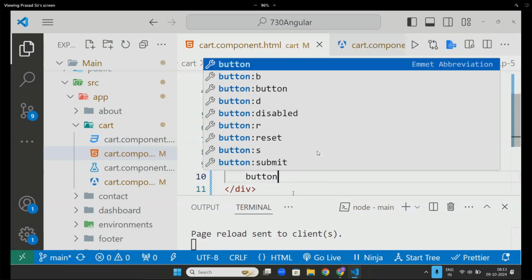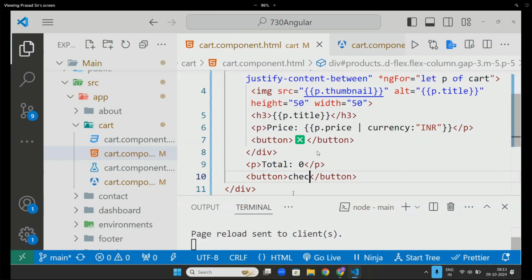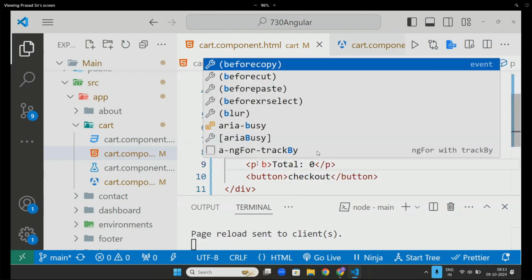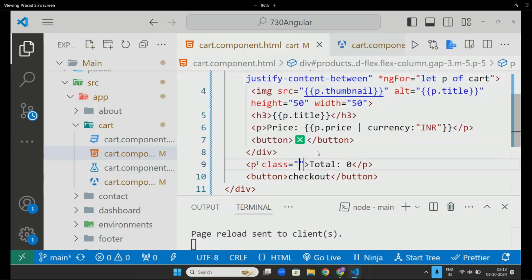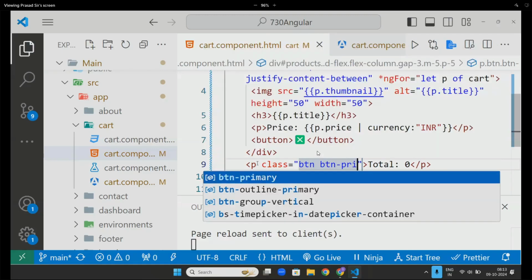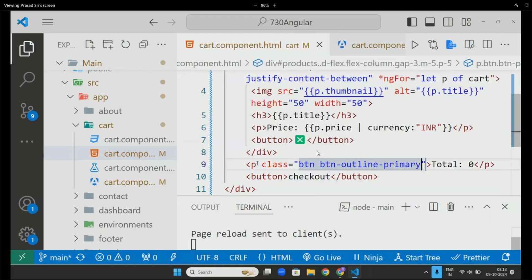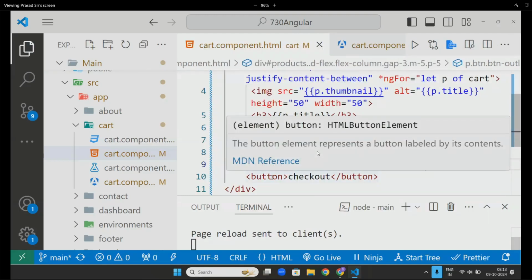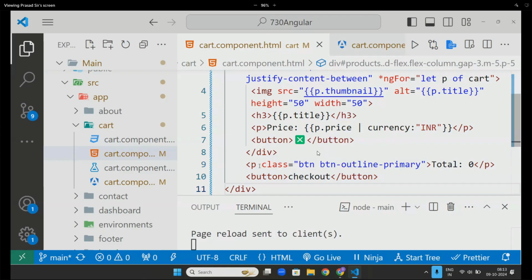Button, checkout, class btn btn-primary btn-outline. Sorry, why did I give it for this? I should give it for this.